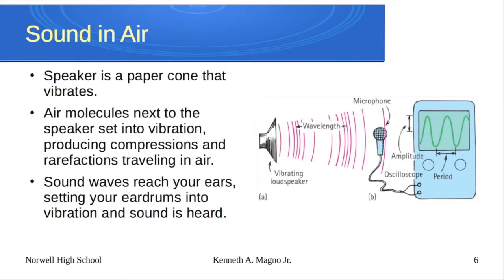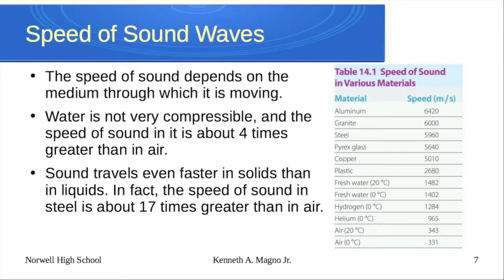Gets into your ear, and you vibrate your eardrums, gets into all those little pieces within the ear that you can learn about in anatomy and physiology, that actually allows your brain to pick up on that signal as an electrical impulse. So our speed of sound depends on the medium it's moving through. So we're used to hearing it in air. Speed of sound in air is somewhere between 331 meters per second for really cold air, 343 for warm air, or room temperature air. Occasionally, like I said, people are crazy. They inhale some helium. You sound like a chipmunk. That's because the speed of sound through that is 965 meters per second, so almost 3 times faster than you're used to hearing it through air. Water is not that compressible, so sound travels even faster.